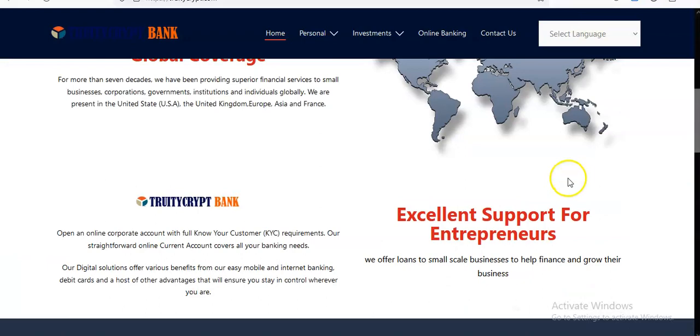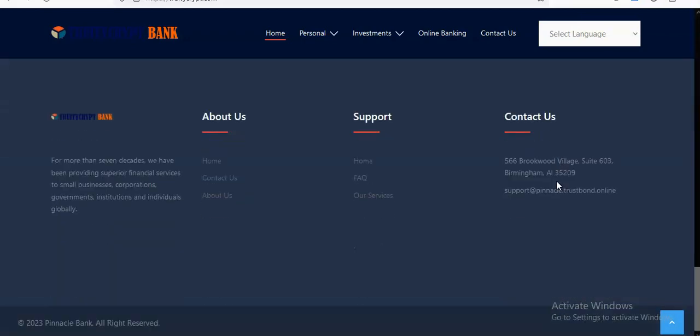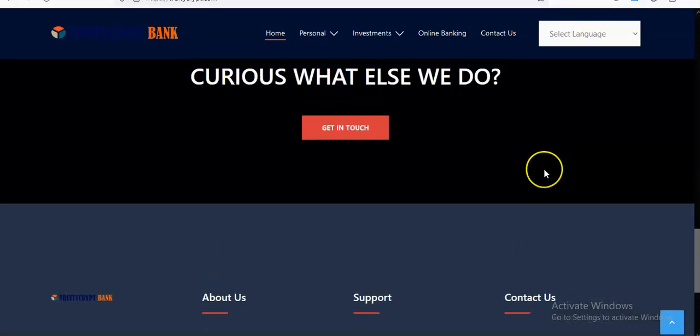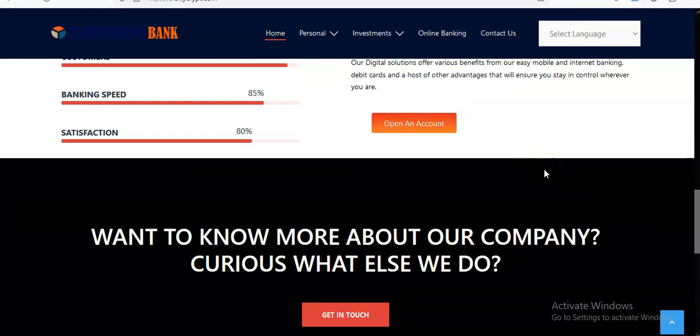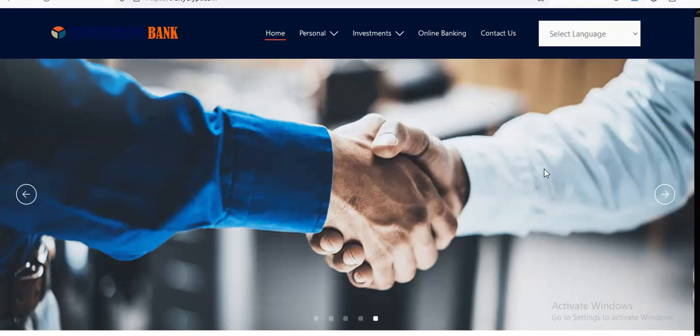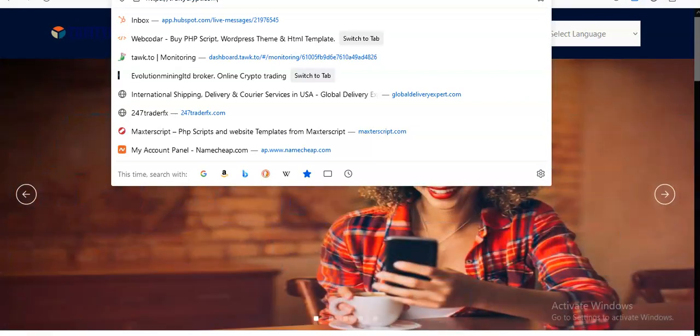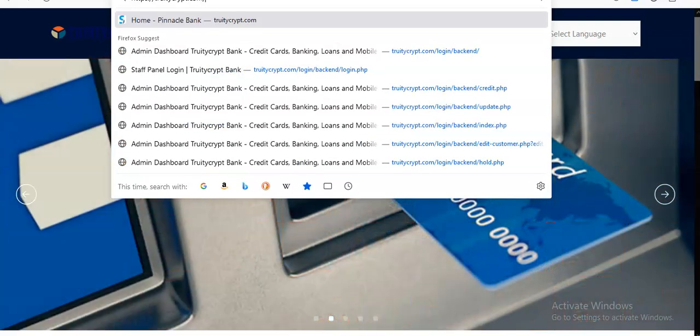and know that we can do exactly something like this for you with your own specifications. You can build a good online banking website for your project, and it doesn't cost much. It's affordable. So without wasting much time, let me quickly log into the admin so we see how the admin looks like,